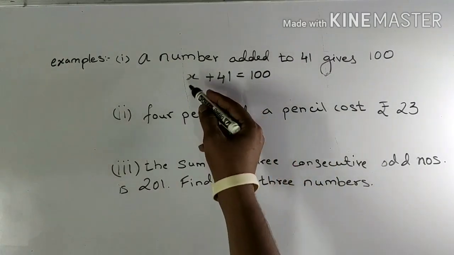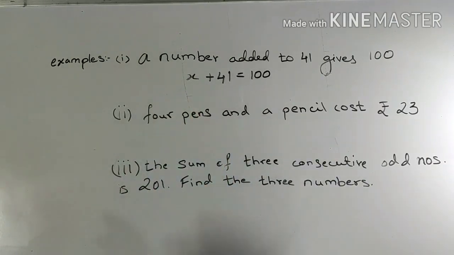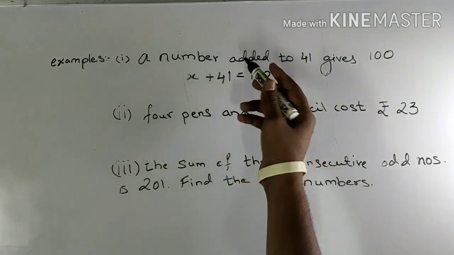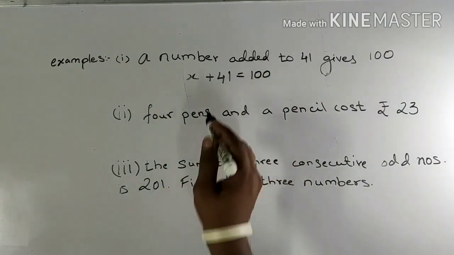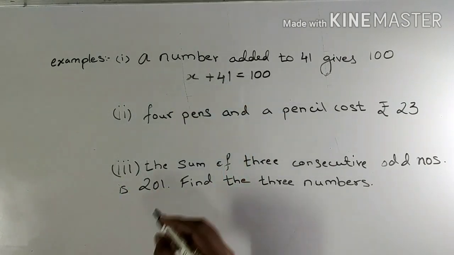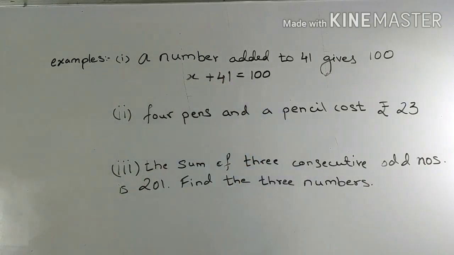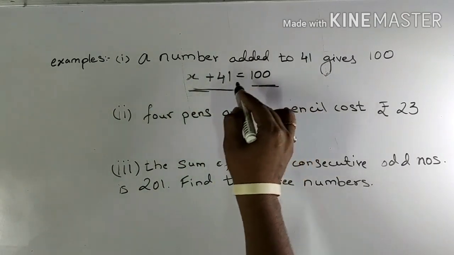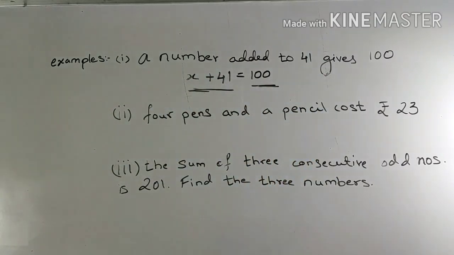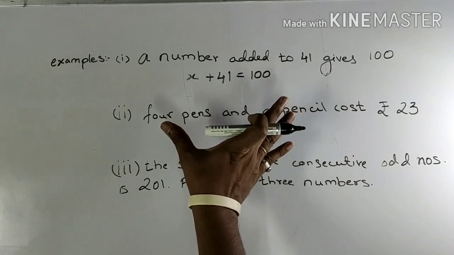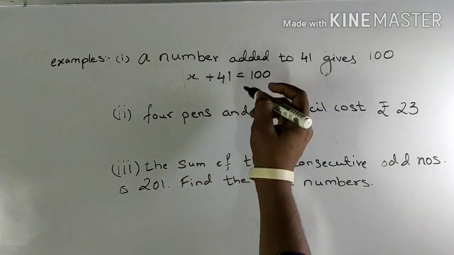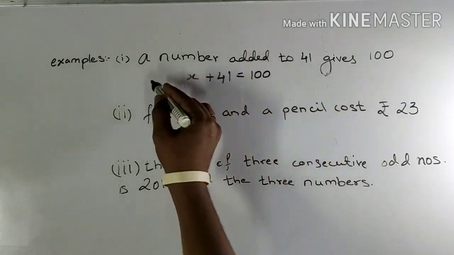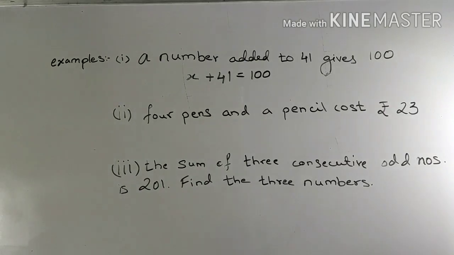So if I want to solve this to find the value of that number, I can solve it because the rest other values are known to me, and only this is the unknown value. So if I want to get rid of 41 from the left hand side, so this side of the equal to sign is called as left hand side and this is called as right hand side. And whenever this algebraic expression is separated by an equality sign, this mathematical statement is called as an equation.